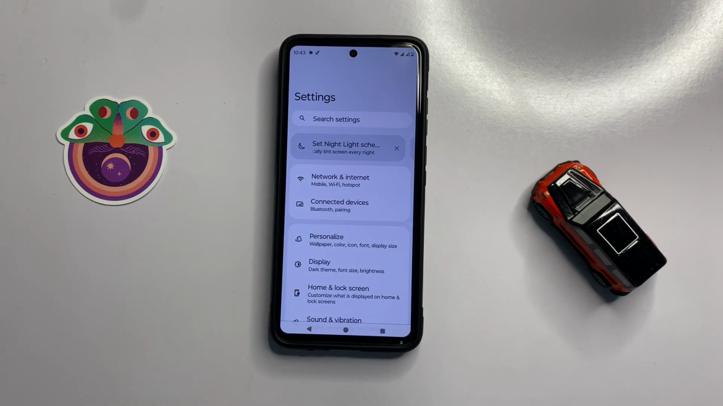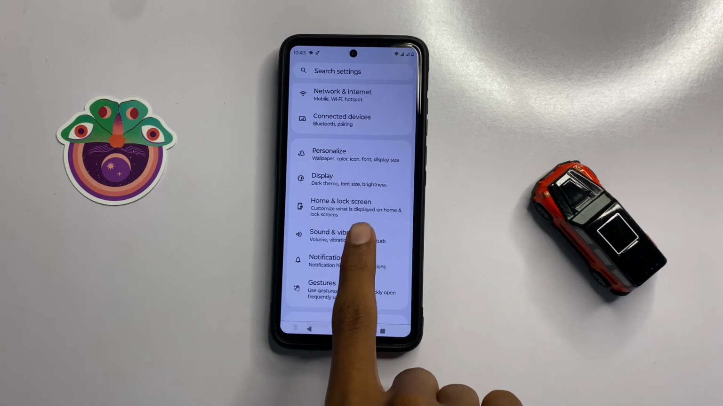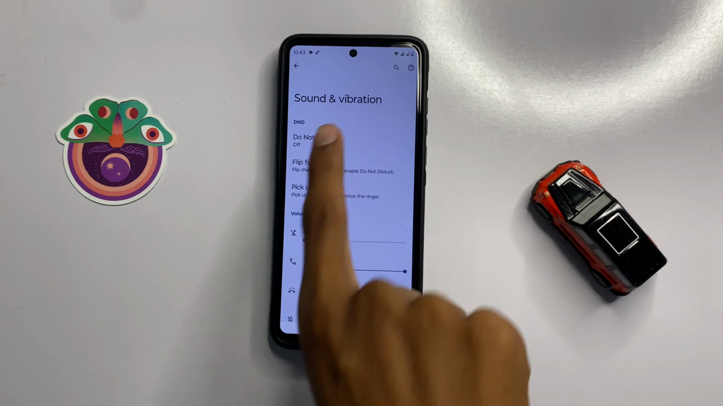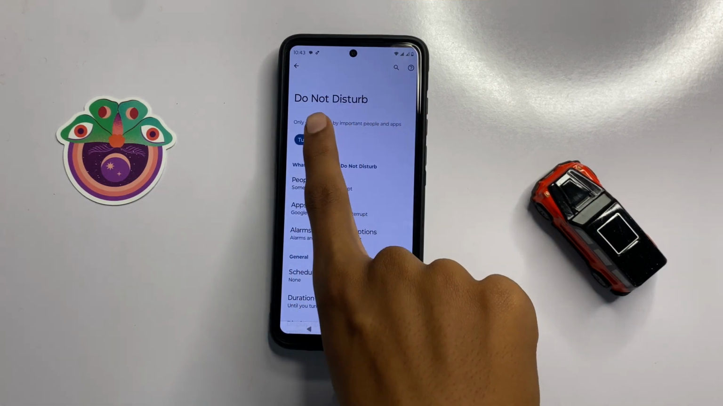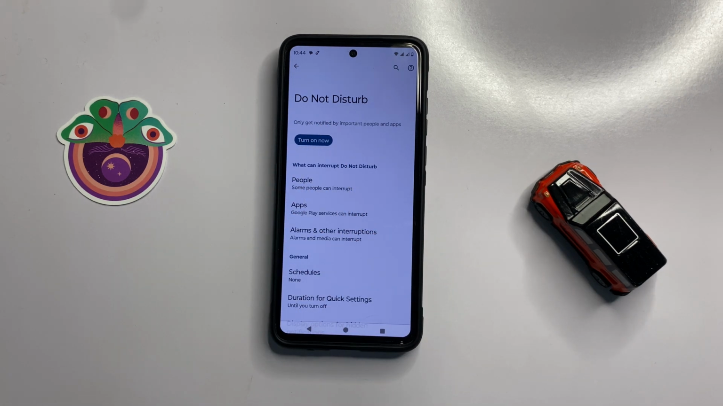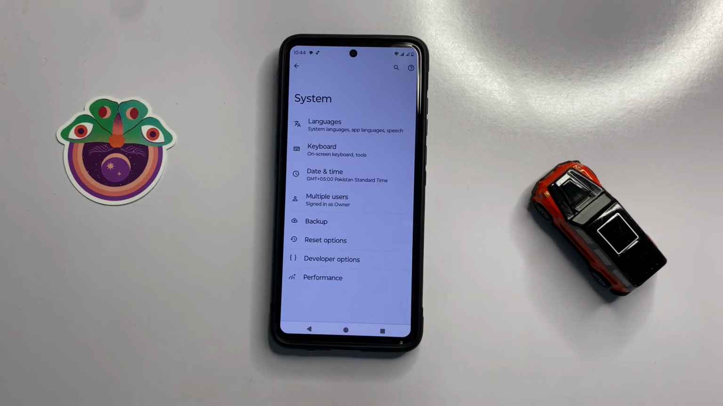In settings, scroll down and here you can see the option sound and vibration. Now click on it and then click on do not disturb. Now here you can check your do not disturb. If you turn on your do not disturb, then turn it off. After turning off your do not disturb, then go back and scroll down and click on system and click on